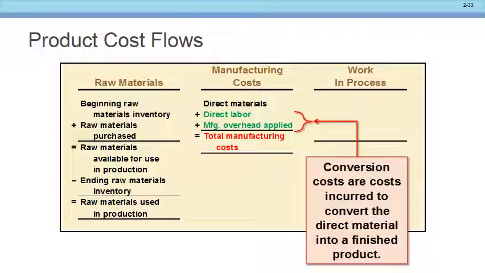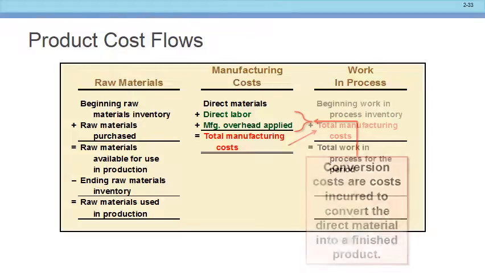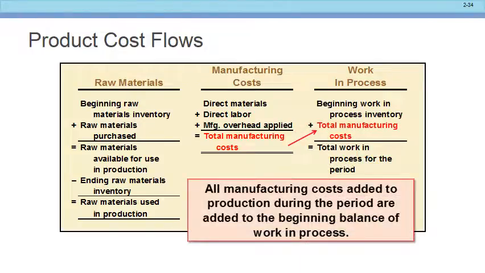applied. That's my total manufacturing cost, and that is going to go where? It's going to be a debit to my work in progress, isn't it? There's the debit to my work in progress. That's my total manufacturing cost. So you should be able to, what?